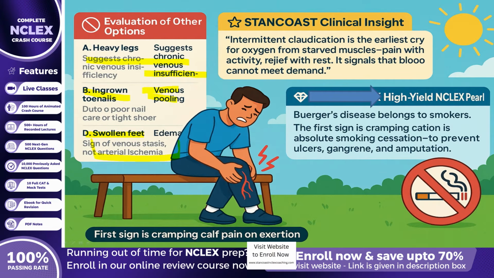Transitioning into clinical mastery with Stan Coast. Clinical insight. Intermittent claudication is the earliest cry for oxygen from starved muscles. Pain with activity, relief with rest. It is the body's signal that blood cannot keep up with demand. Leading into the Stan Coast high-yield